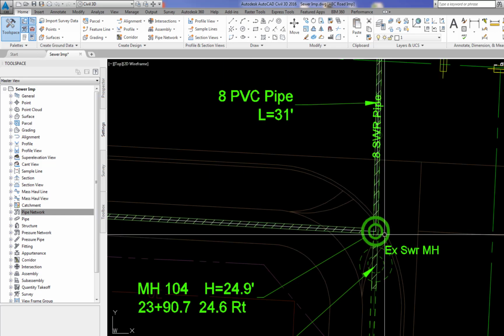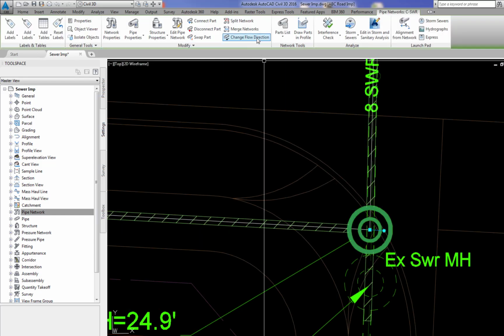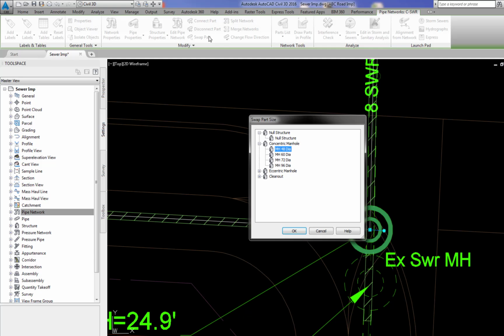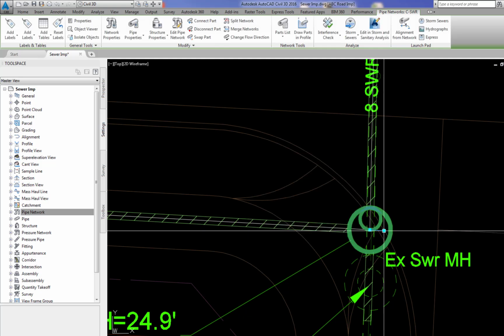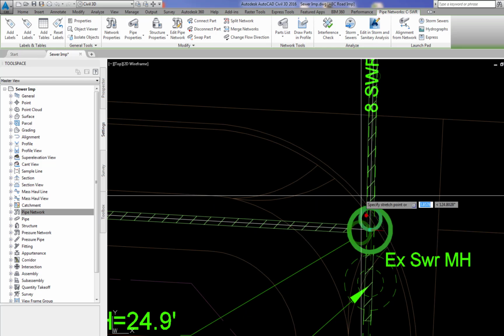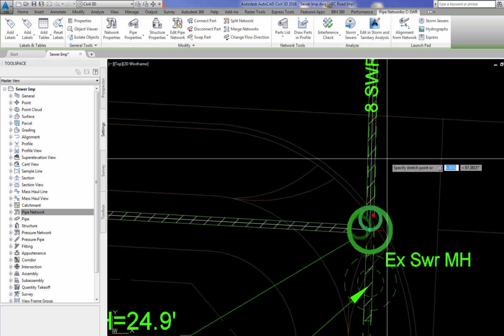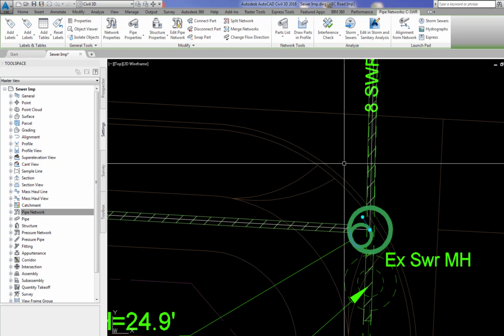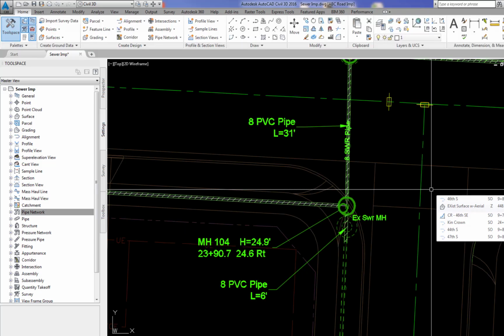Pick a manhole, context sensitive ribbon, swap parts. Select eccentric 48-inch diameter manhole. Pick the circle rotate glyph and rotate the top to the desired orientation. Escape. The stationing of a manhole in the vicinity of a side road should be referenced to the side road